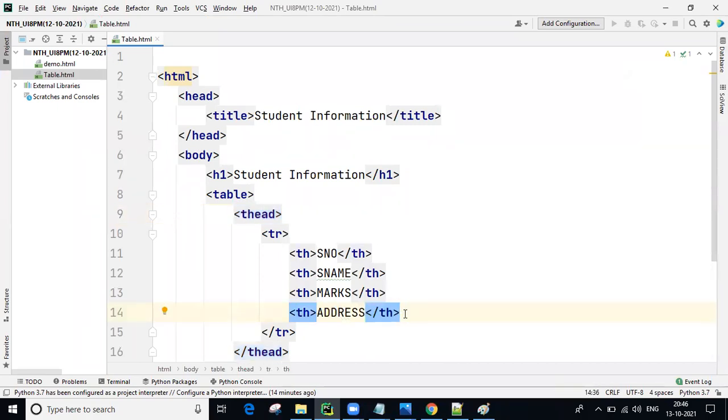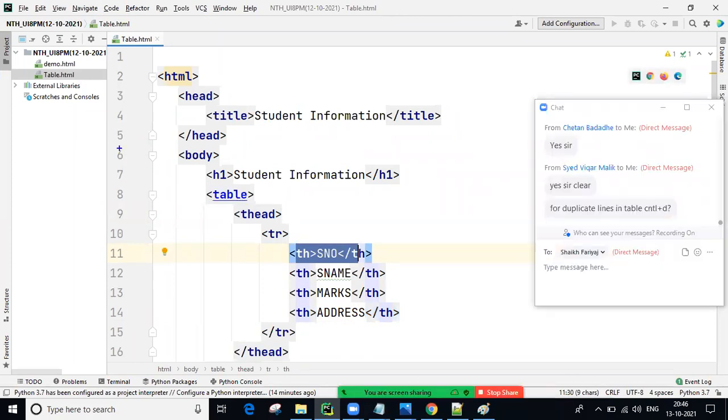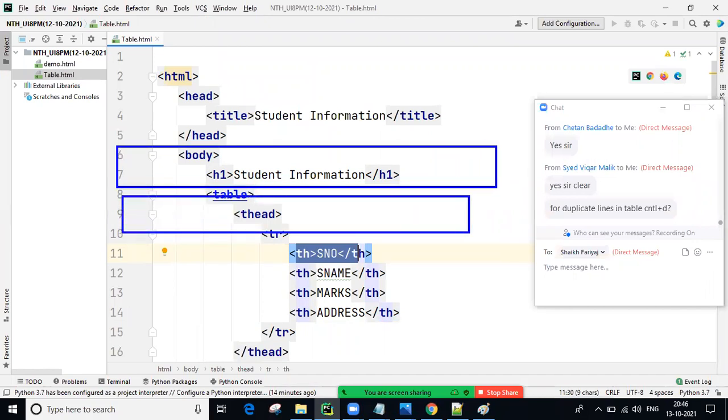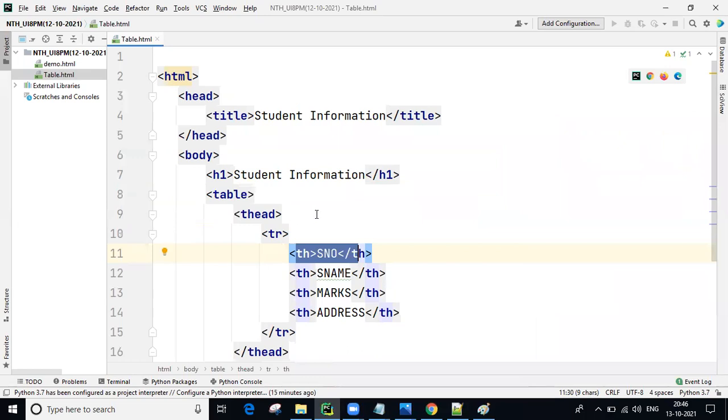Instead of typing everything, this is a small line, no problem, we can type it. Sometimes big lines we need to type. From here to here, one line there, guys. Next, the same line needs just 1 or 2 letters to change. Instead of writing the entire line, Control D, you are going to get duplicate lines. Control Z, again back coming step by step.